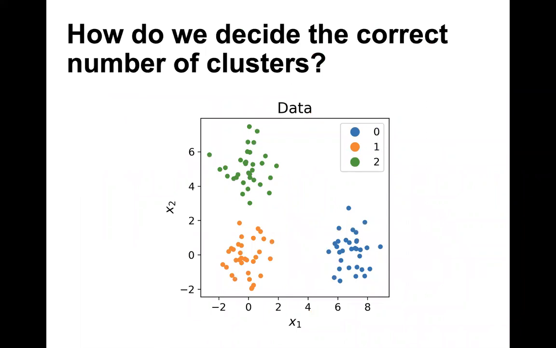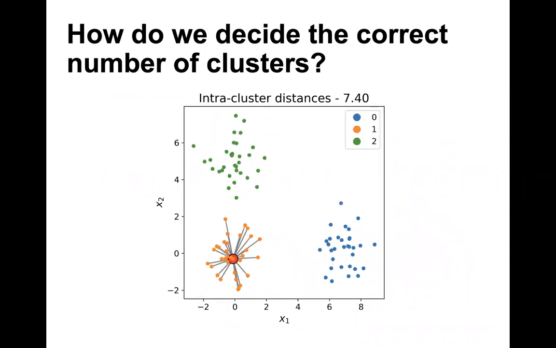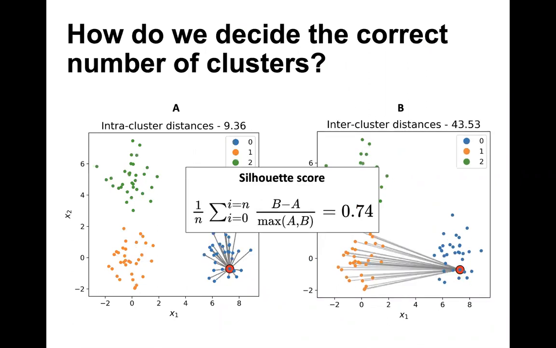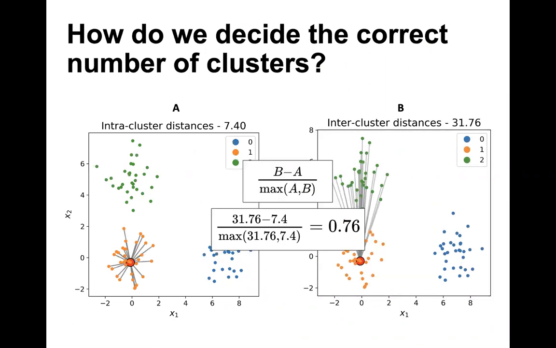I also want to touch base really quickly. I'm realizing I'm actually going to pick up the pace a little bit because I want to make sure we have some time for the other 2 topics today. But some people might be interested in understanding how do we pick the correct number of clusters. I'm not going to actually go through this section right now, but I want to get across the idea that there's a metric called the silhouette score, which looks at basically the difference between